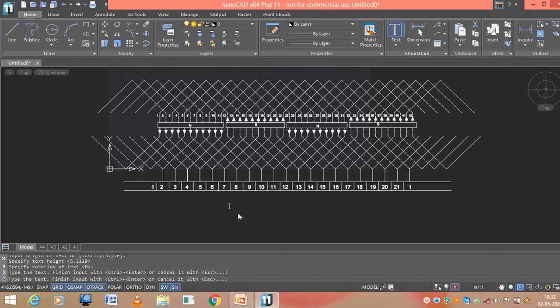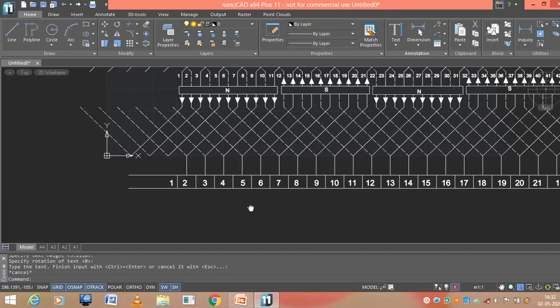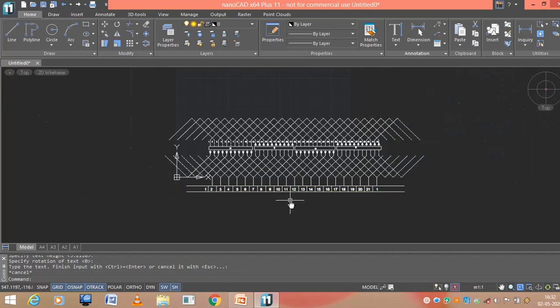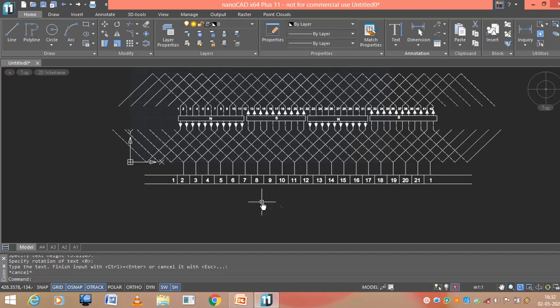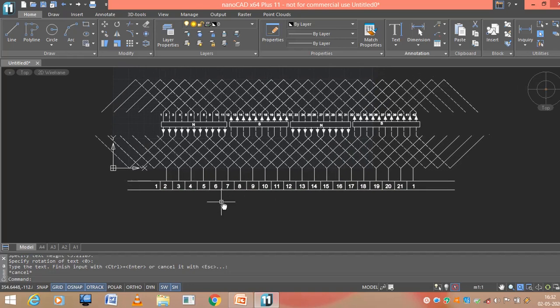Now let us place the brushes. As I already said, this is a wave winding. There are 2 paths, so it means there will be only 2 brushes. So let us find out the position for the 2 brushes. The commutator which is having current from both the conductors, that is the position for the positive brush. And the commutator where the direction of the current is towards the windings from the commutator, then it's the place for negative.